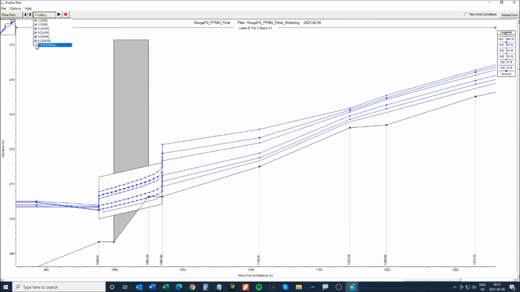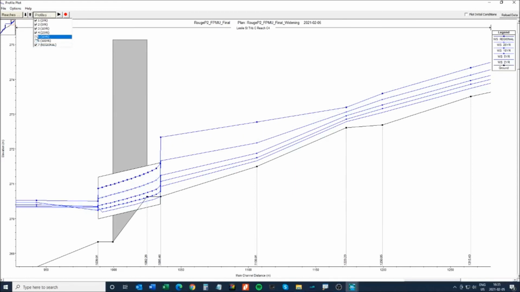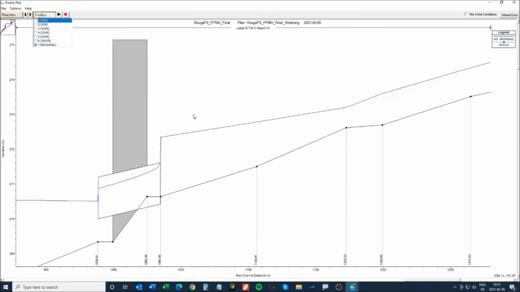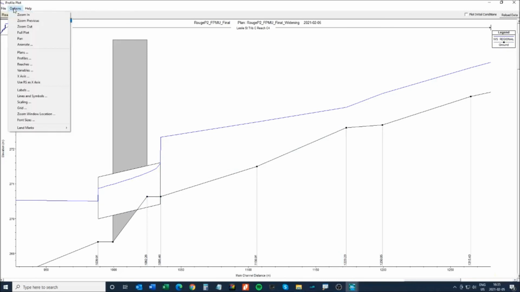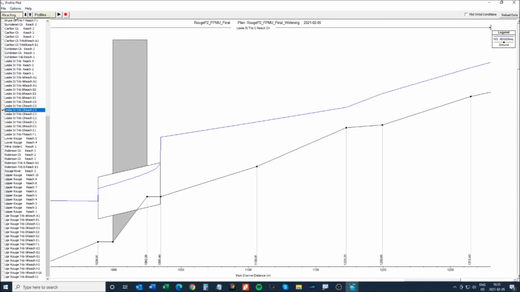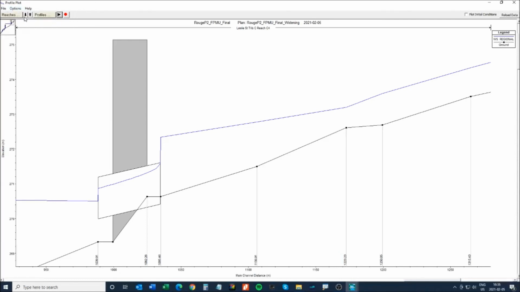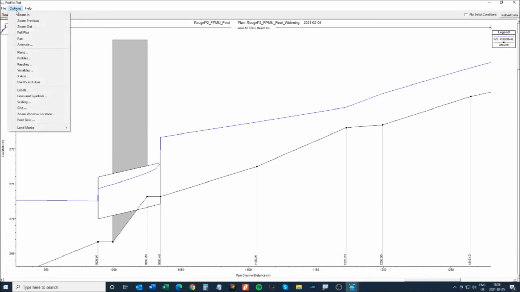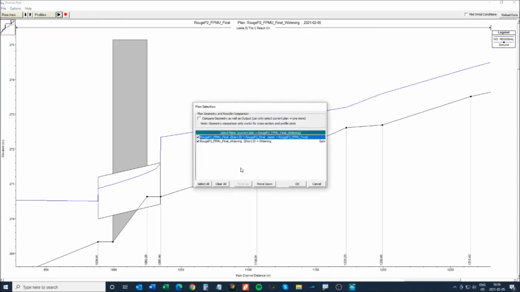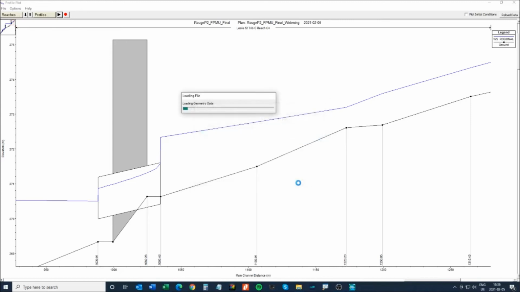I'm just going to compare the regional storm water level to the original model. So we want to add the original plan,